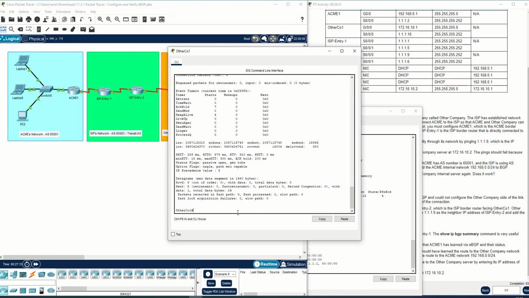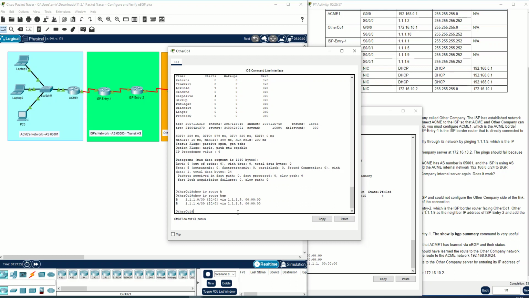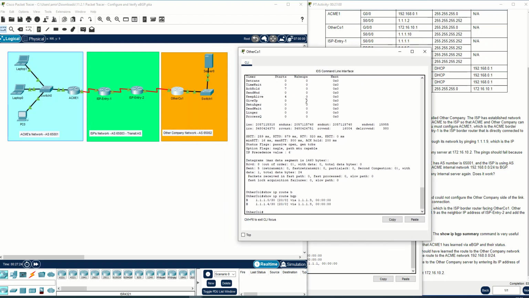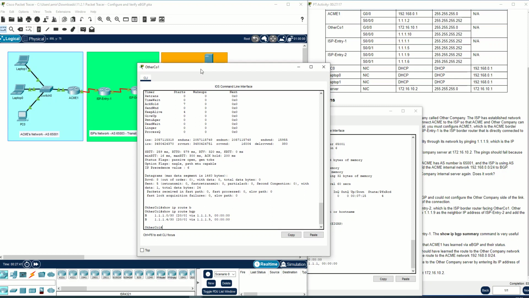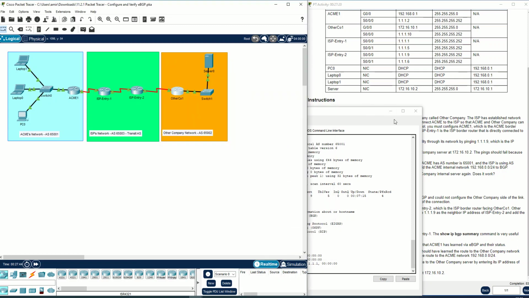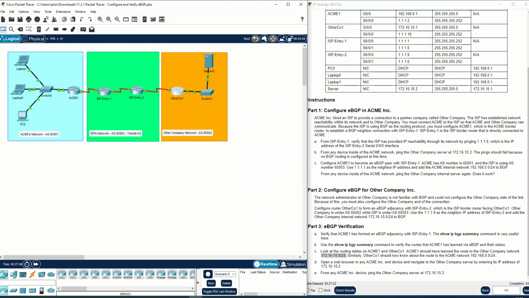And it's the same process here. You can write show ip route bgp, and you can see we have learned something from here, 1.1.1.0 and 1.1.1.4. But we have not learned 192.168.0.0 because I made a mistake here, and